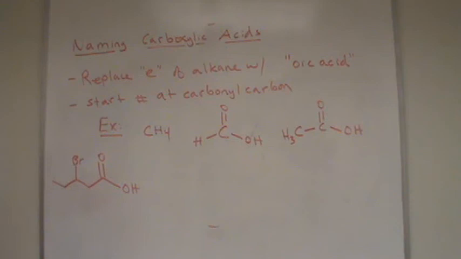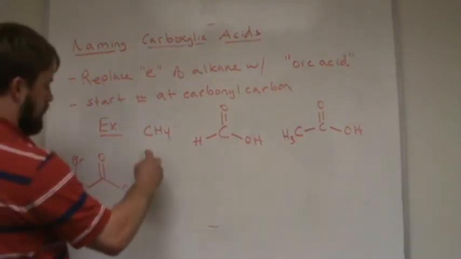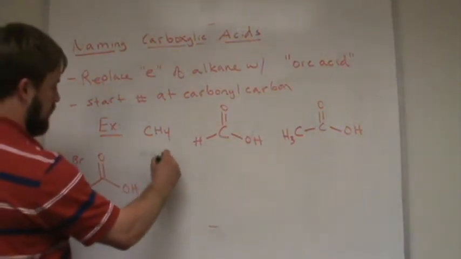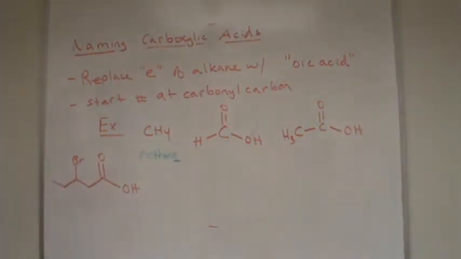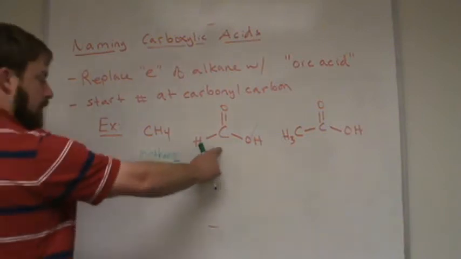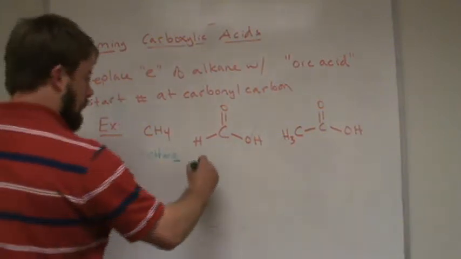Okay, so I've finally gotten to start the video lecture here on naming. We'll start with carboxylic acids. It's pretty straightforward. You just replace the E of the alkane. So for example here, methane, CH4. I'm going to replace the E with a carboxylic acid with the same number of carbons, and instead put oic acid. So instead of methane, if we look at the carboxylic acid, it would be